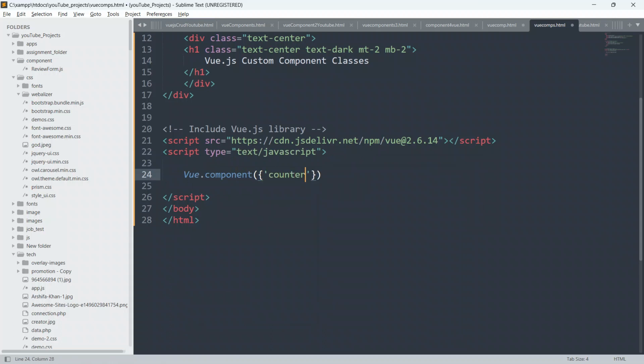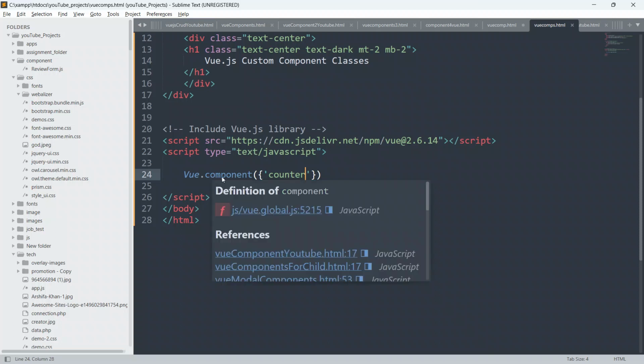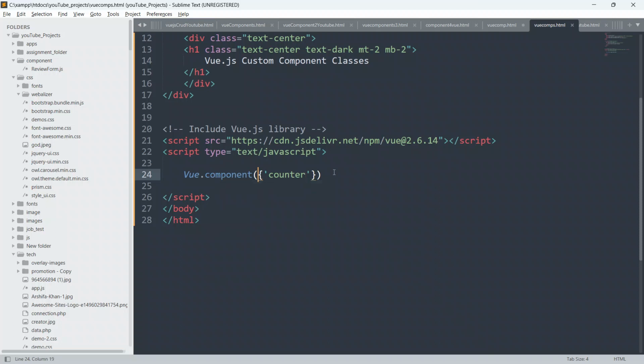In order to create a Vue.js global component, we have to write Vue.component, put open and closing parenthesis, put open and closing curly braces also, and define our custom component name as well. Here I am defining the custom component name as counter, as you can see I have given the name as counter only.